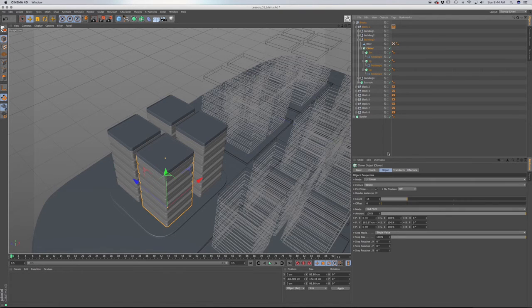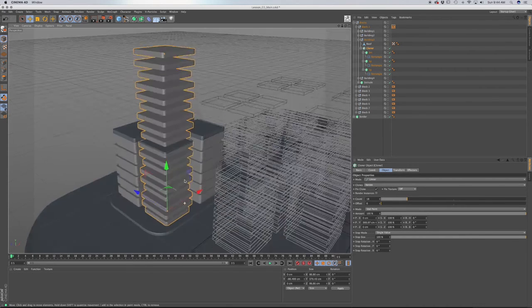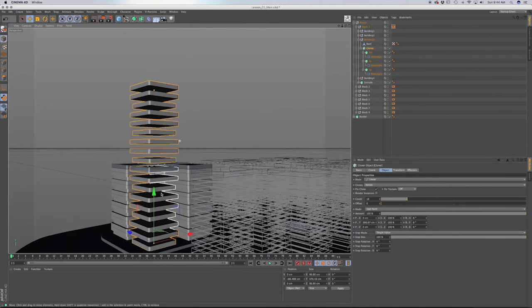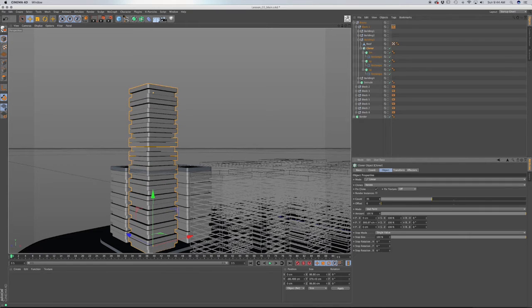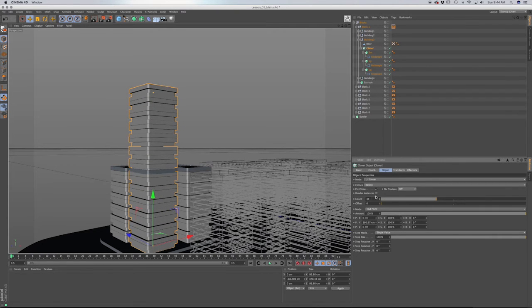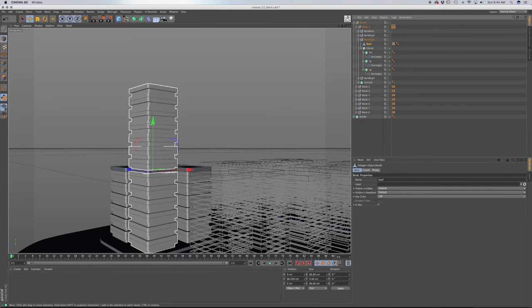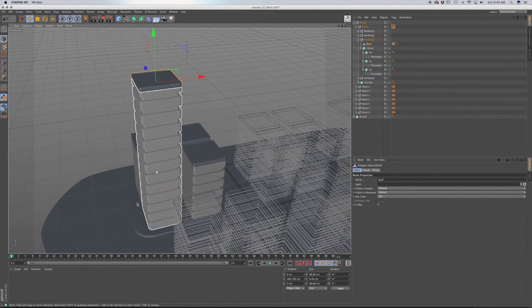Well, first thing, what we can do is we can make it taller. And we can drag that up. And we're going to have to fill in the count, so we can just bring this up a little bit. The next thing, and obviously we're going to have to bring this roof all the way to the top point again. So we can make it taller,